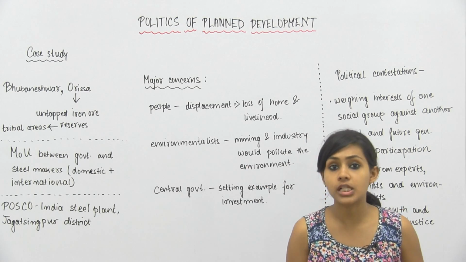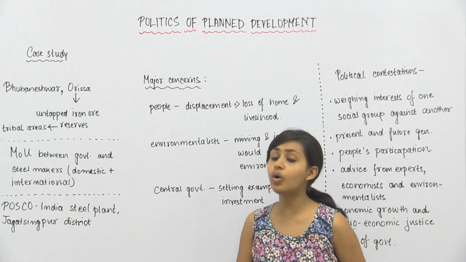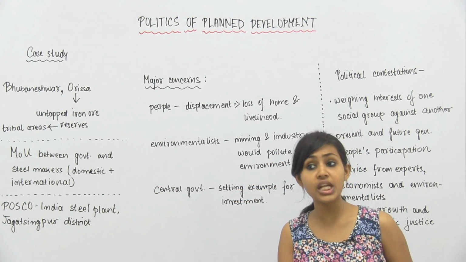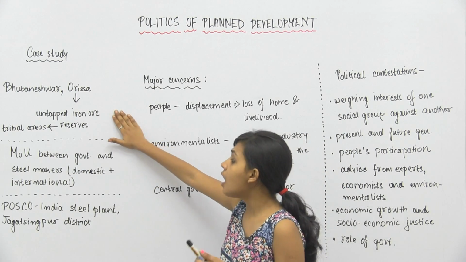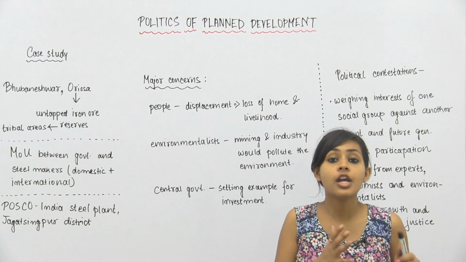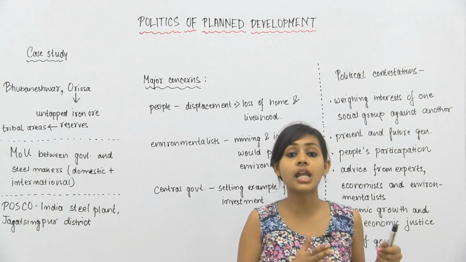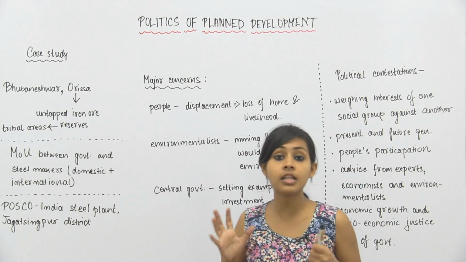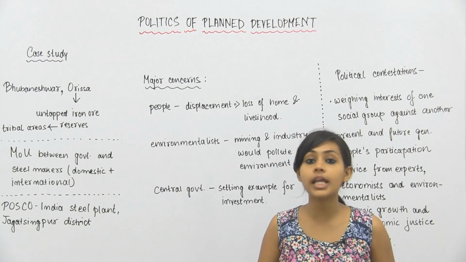Of utmost importance, right? So since we have such a huge demand for steel and since we are getting raw materials at a particular place, we're getting an abundance of raw materials that is necessary for manufacturing steel at this particular place in the state of Orissa, which is in India.